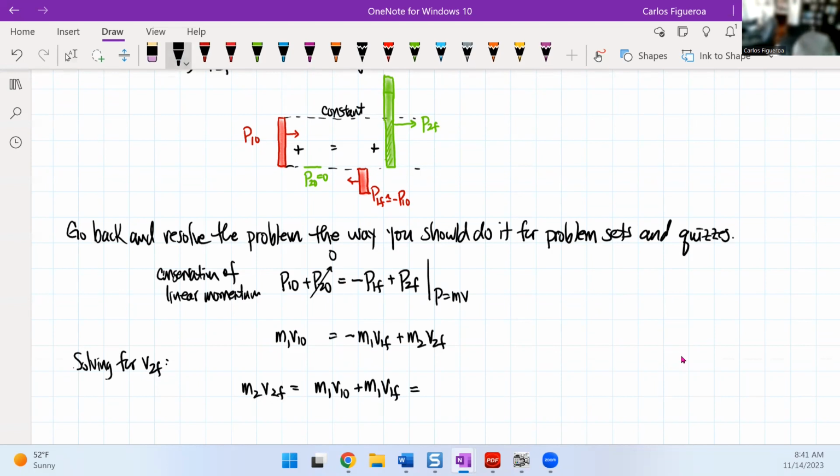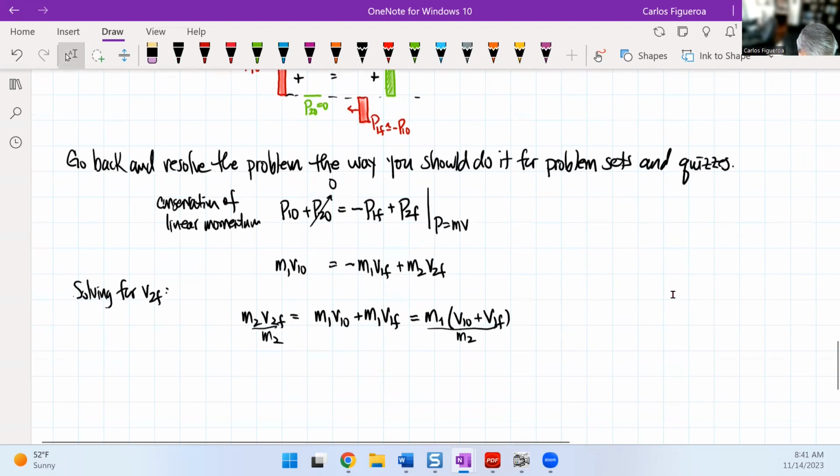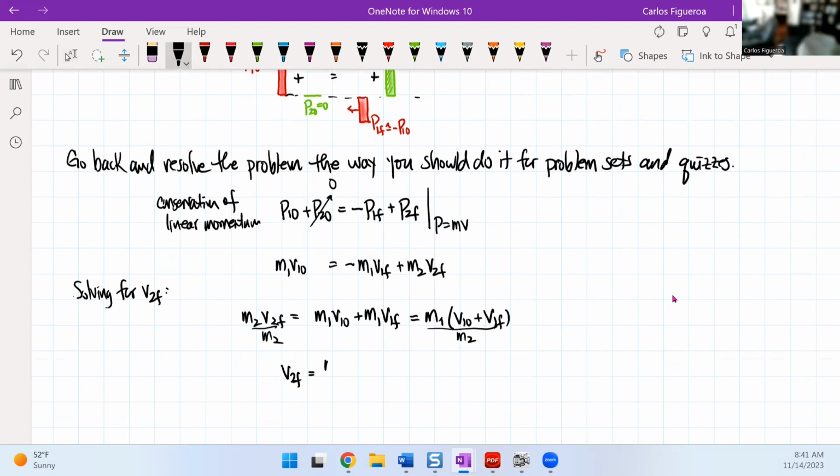Now look what I'm going to do. I'm going to isolate the mass so I do less calculations. Now I divide both sides by m2, and I'm going to get v2 final is then going to be m1 divided by m2 times the quantity